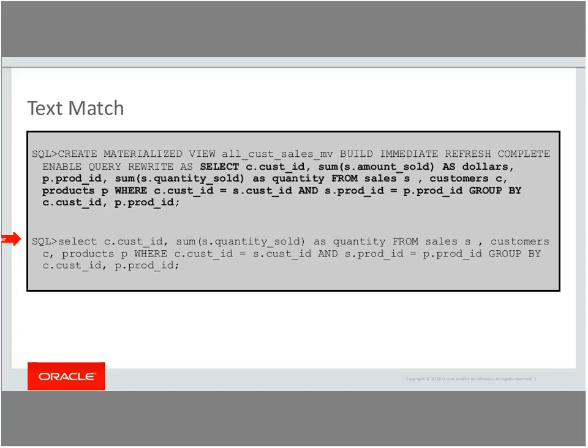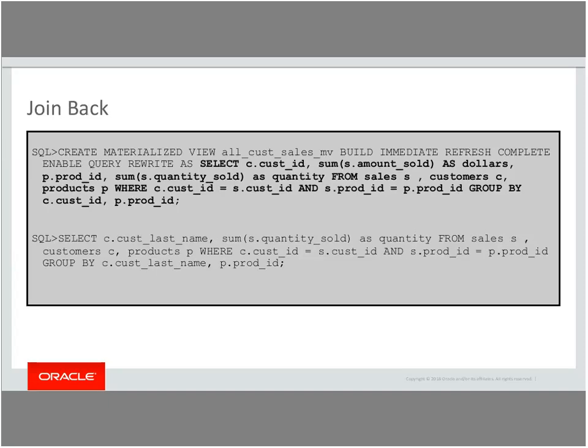Since the user query exactly matches the underlying select query of the materialized view, this kind of rewrite is called text match query rewrite, and data will be fetched from the materialized view, that is all_cust_sales_mv.